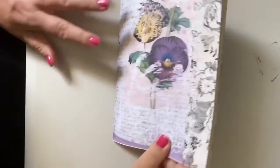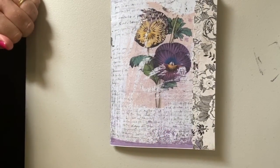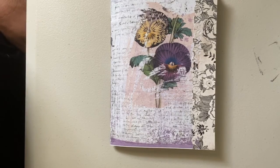So I look forward to adding more pages to this journal and using lots of different techniques like bubble wrap, stamping, stenciling, collage. If you've got any suggestions, please let me know, and I look forward to having another video